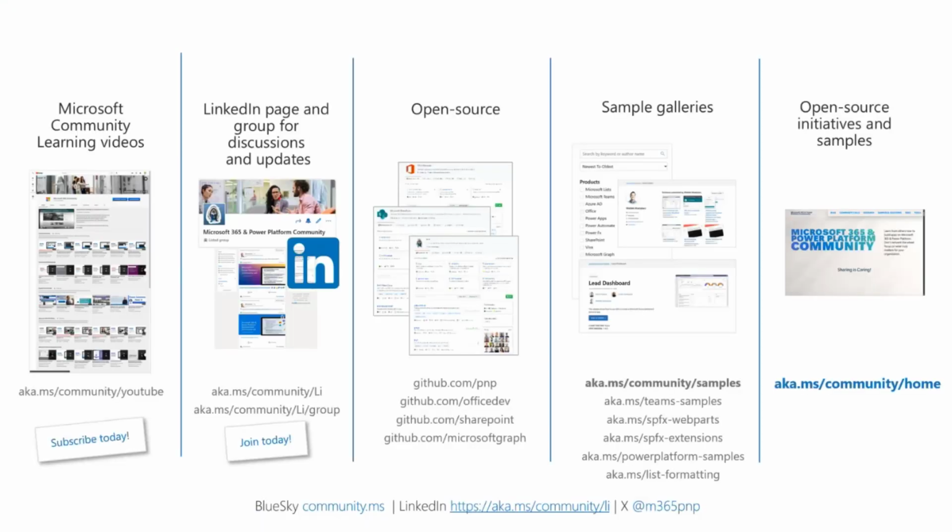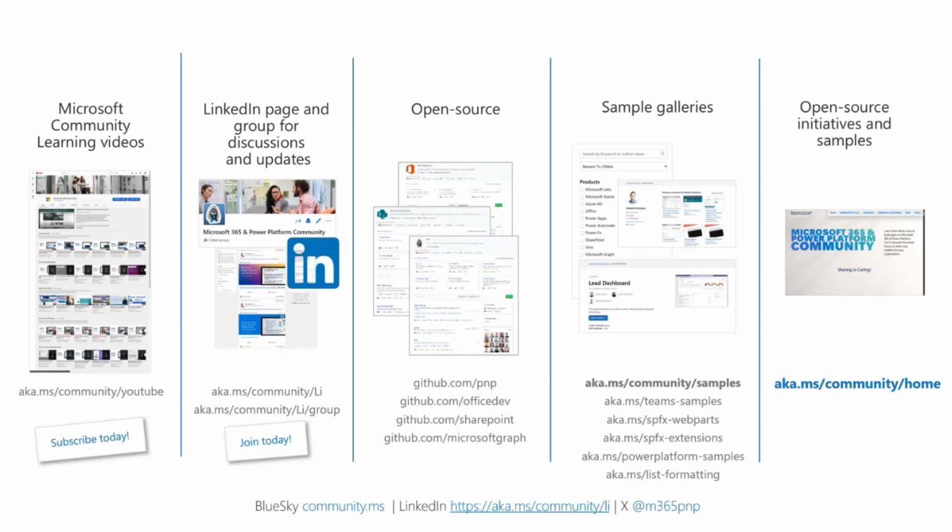But if you're new to the community, welcome. We're happy to have you here. We're very inclusive, and also we've got a massive range of resources for you to leverage. So we have a YouTube channel filled with hundreds of videos, possibly thousands actually. I don't know what the actual count is. It's pretty high. We feed in several, like 20 or 30 videos a week, something crazy like that. But there is that channel for you to use. We've got LinkedIn communities. We've also got our Discord channels as well. We're also on Bluesky, so you can reach out on these channels.